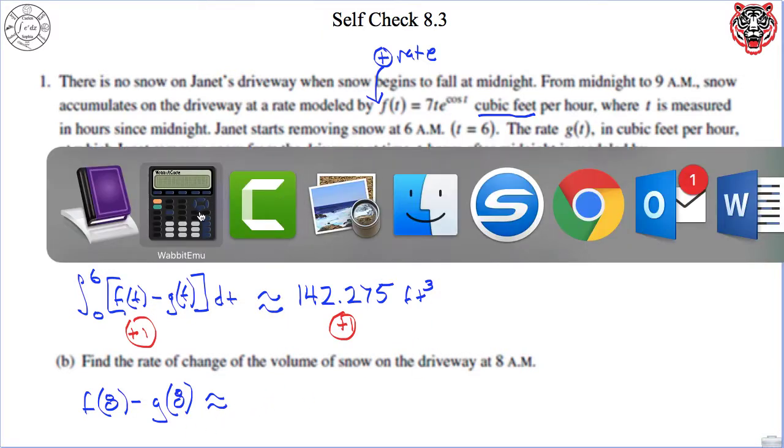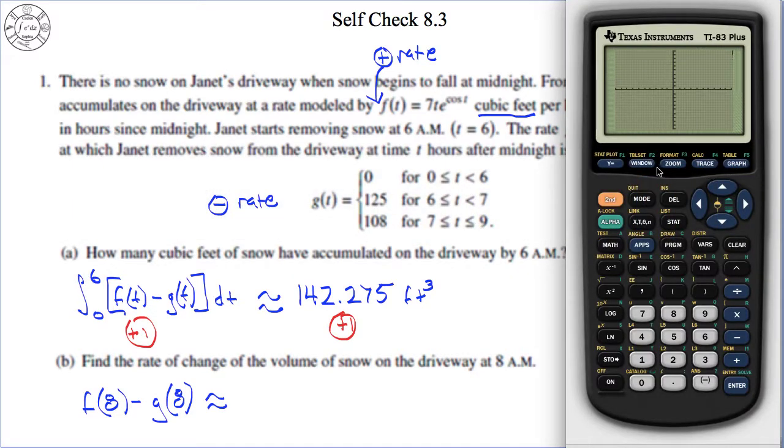I don't know what this function is, so I'm going to go to the... Oh, no. Stop. Second off. Clear. I need to go zoom 0. Oh, shoot, my window isn't even set. Okay, sorry, I had to set my window. My window should be between 0 and 9. 0 to 9. And now, zoom 0. Alright, now that it's graphing it correctly,